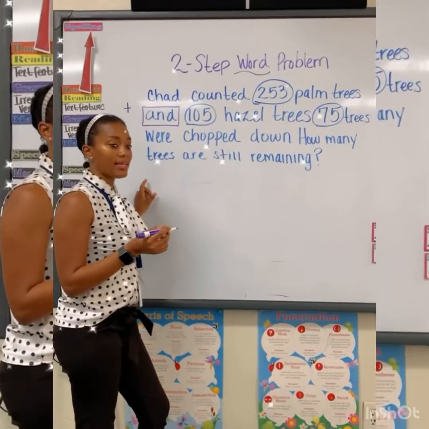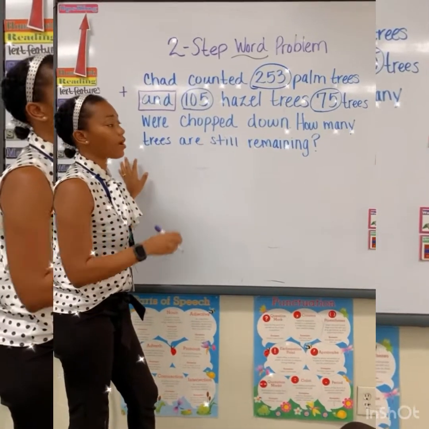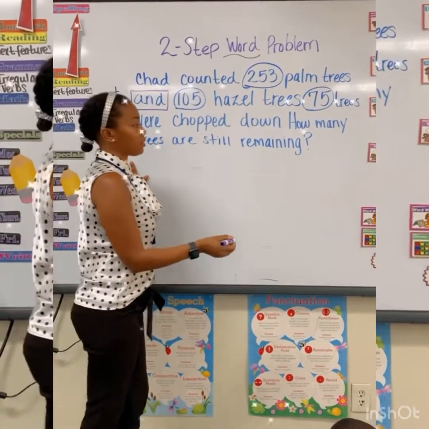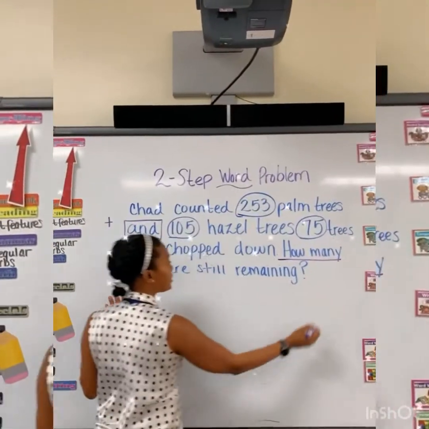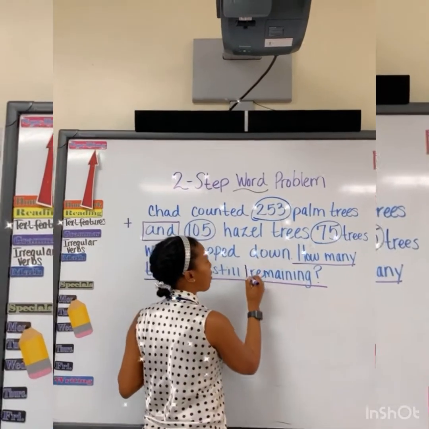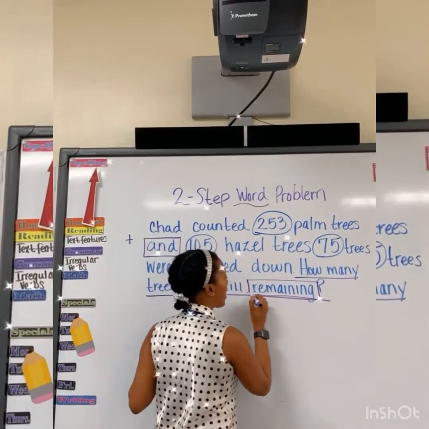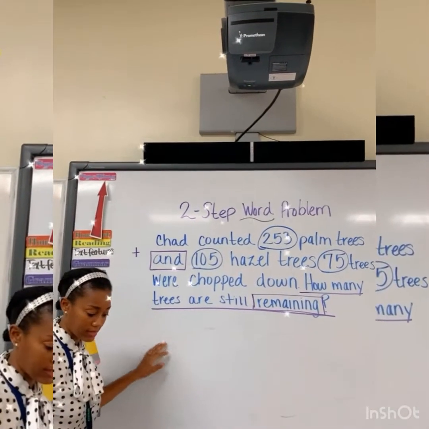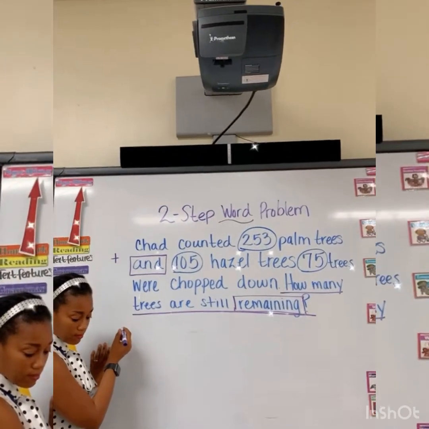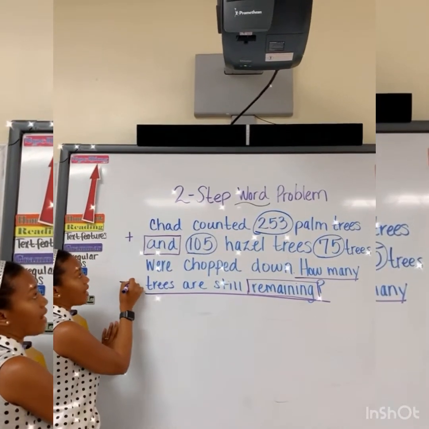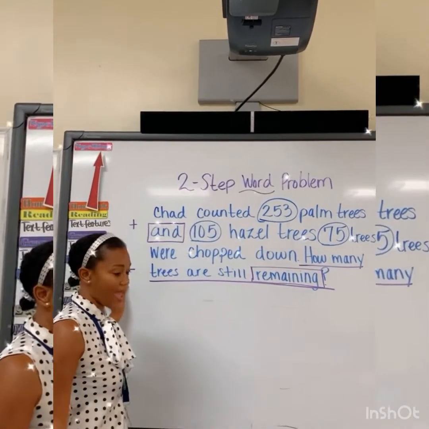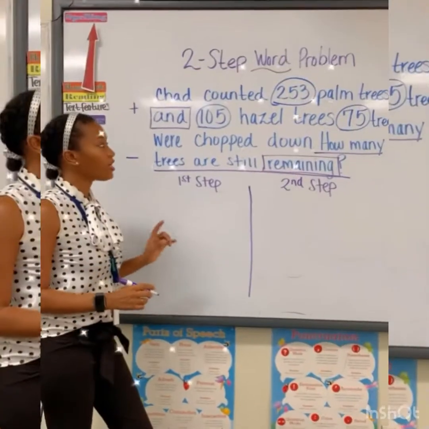What is the last thing I should look at when solving a word problem? Yes. You have to underline the whole entire question. Underline the entire question. My question is, how many trees are still remaining? What do I know about this word remaining? What operation does it tell me to use? Yes. It means how many are left. So what operation is that? That means that it's subtraction. It is subtraction. So because it's a two-step problem, I'm going to add and subtract. All right? So first we need to add